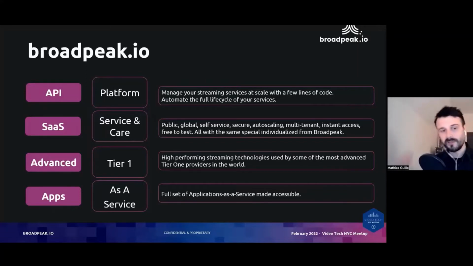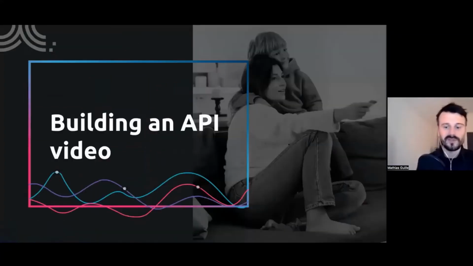And finally, the idea is to provide the apps little by little, one by one, so you can build with us. You can start a first project with us, and then you can build with us. So let's finish with the boring part, and let's go a little bit into what we have done to